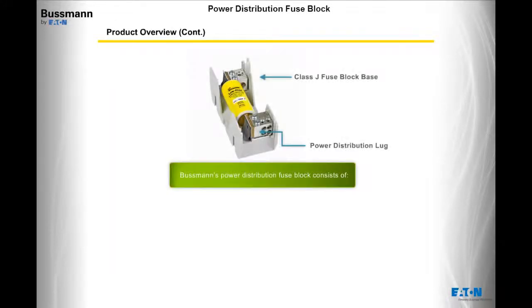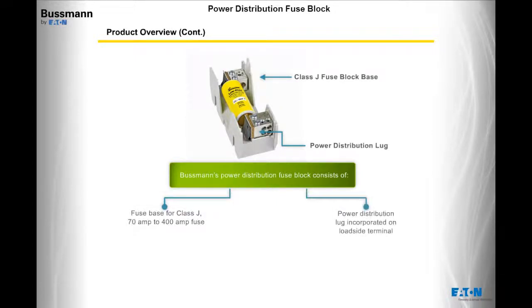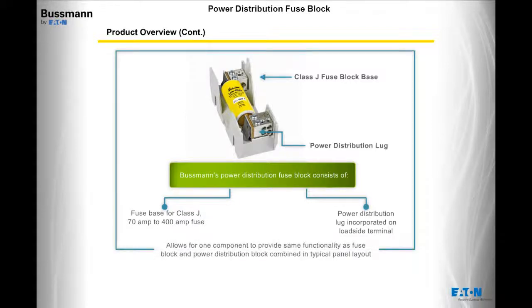Bussmann's power distribution fuse block consists of a fuse base for a Class J 70 amp to 400 amp fuse, with a power distribution lug incorporated on the load side terminal. This allows for one component to provide the same functionality as a fuse block and power distribution block combined in